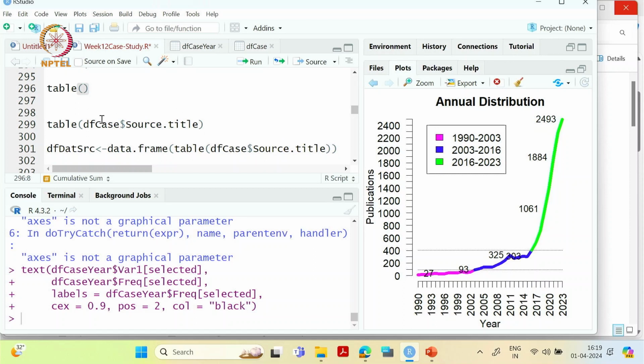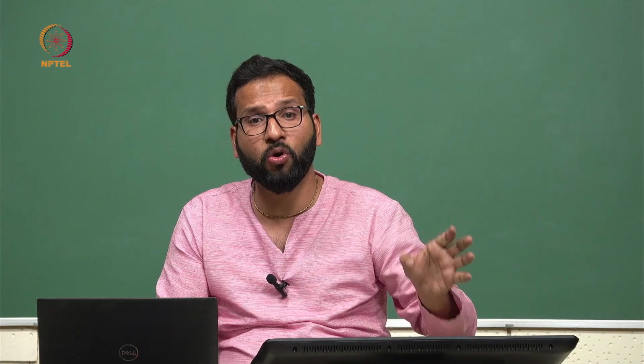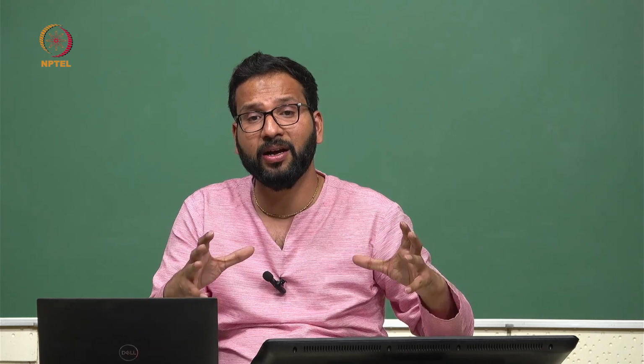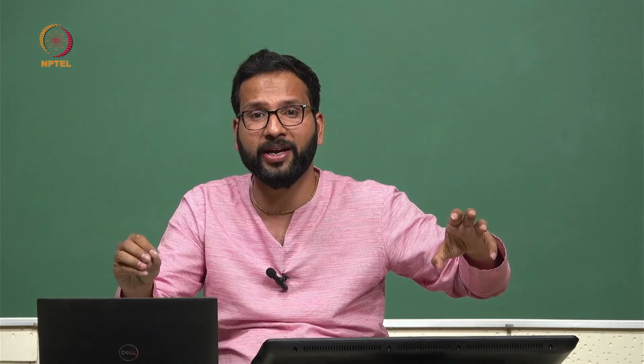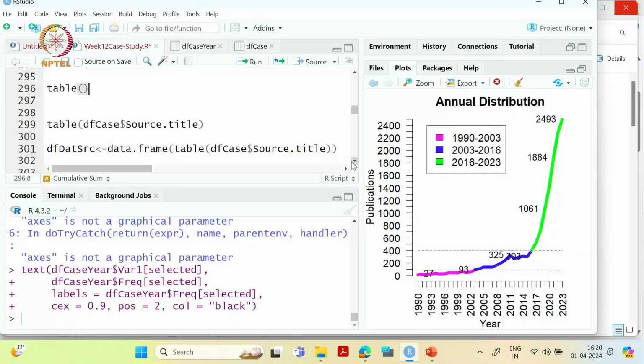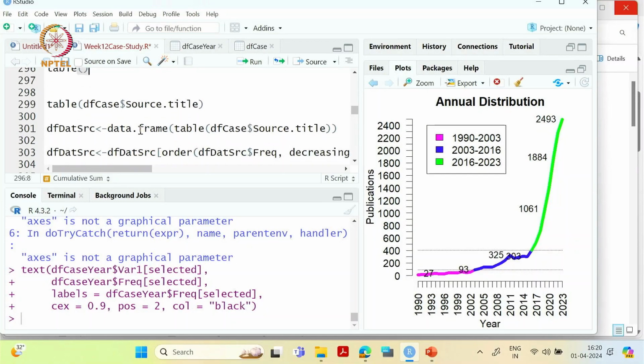We'll use that table function again, and if we do table of this source title, it will give us the count, like what are the maximum number of publications published in that particular source. So if we call the table function, it gives us these are the sources and each has occurred this many times. Okay, so now what I am doing is just running this table on this source title